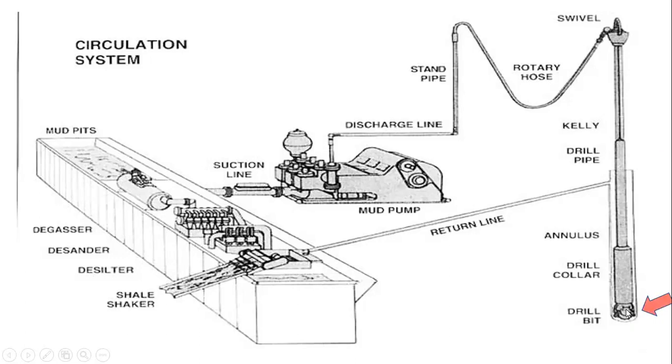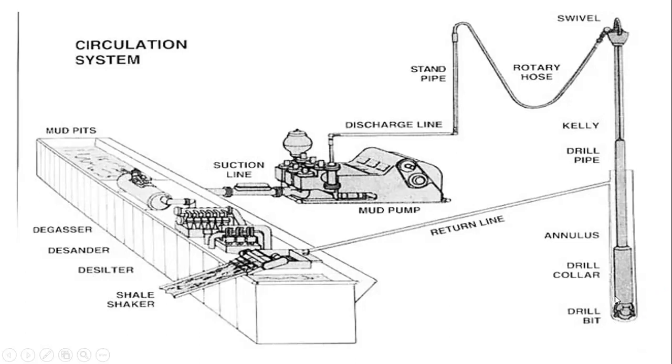Now the drill bit is what we saw at the beginning of the slide. That is an example of a drill bit. It's a hard metal substance that helps to crush the rocks as drilling is going on. So that is what makes it drill. The drill bit has holes in the middle part of it, and these holes are called nozzles. That is where the drilling mud passes through and goes to wash the bottom of the hole, and then it